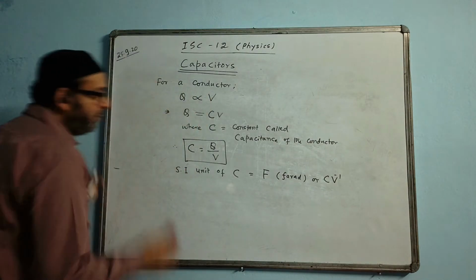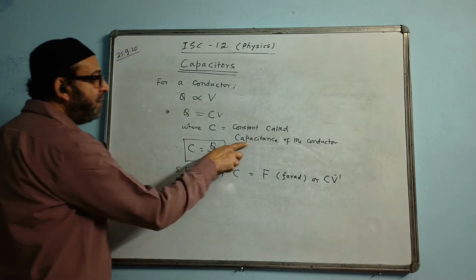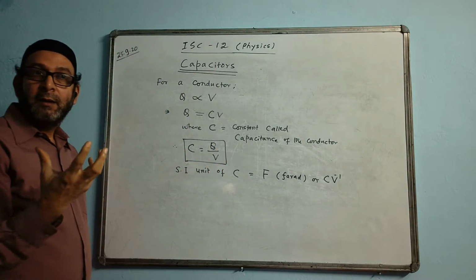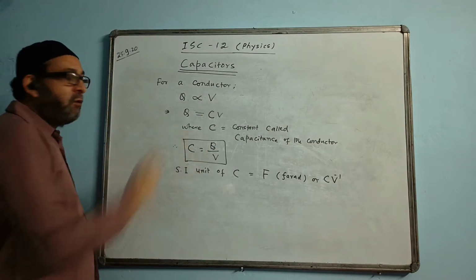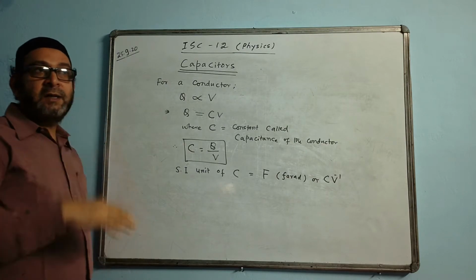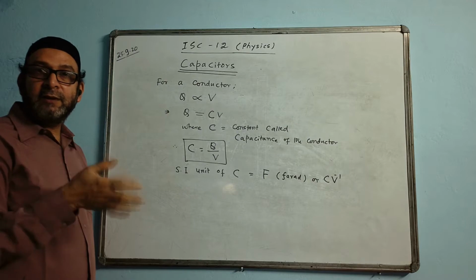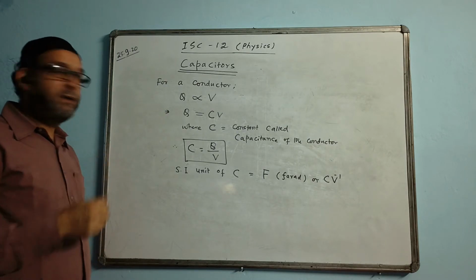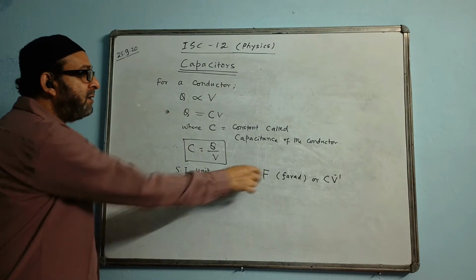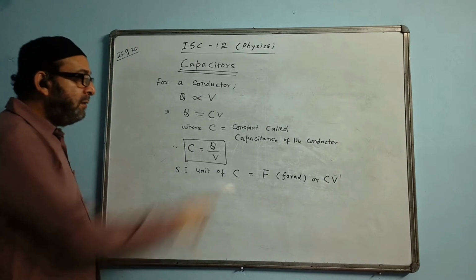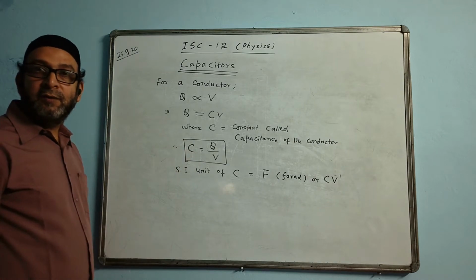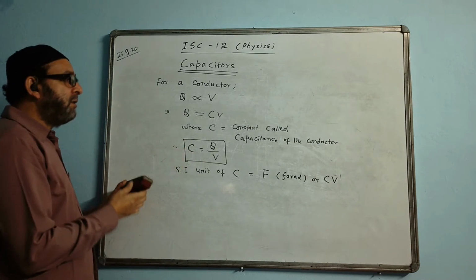Okay, now capacitance is the property, whereas a capacitor is the conductor which will have the capacity of storing a large amount of charge. So we have resistance and resistor. Resistors will have resistance. Resistors means the conductor which has resistance. Same way, capacitors will have capacitance. And the SI unit of capacitance is farad, denoted by capital F. This means the ratio of charge Q to V is called C, that is capacitance.